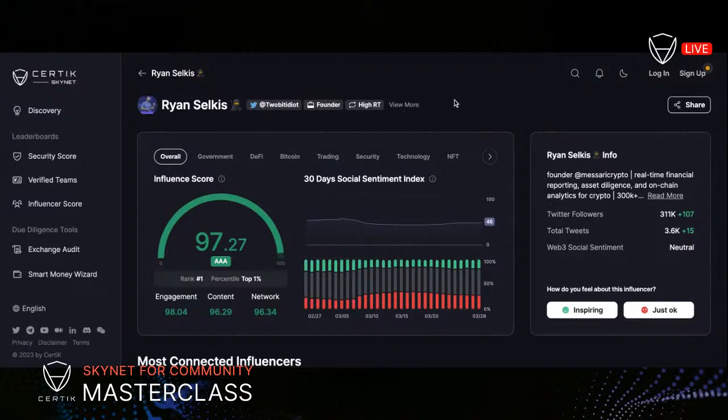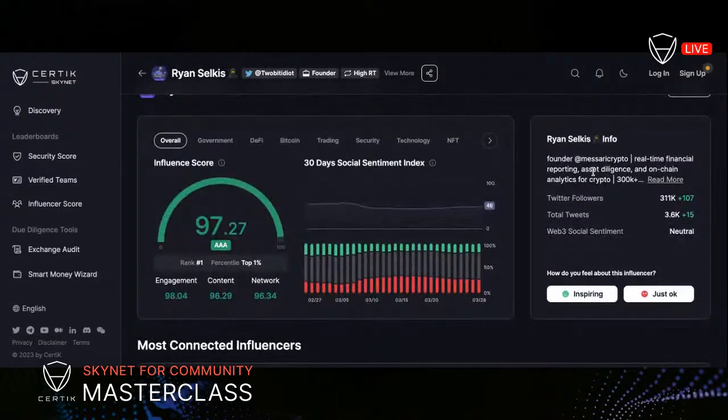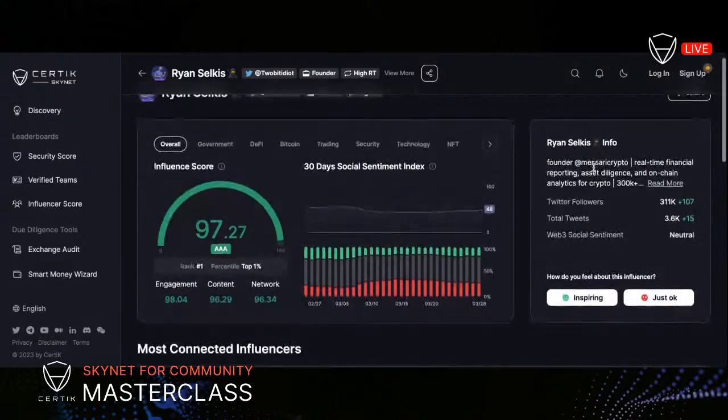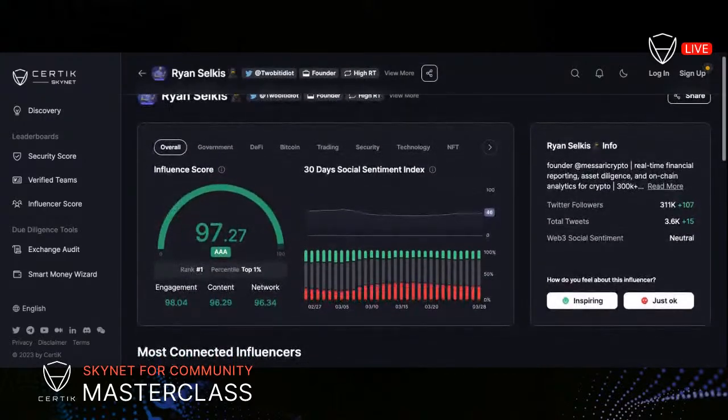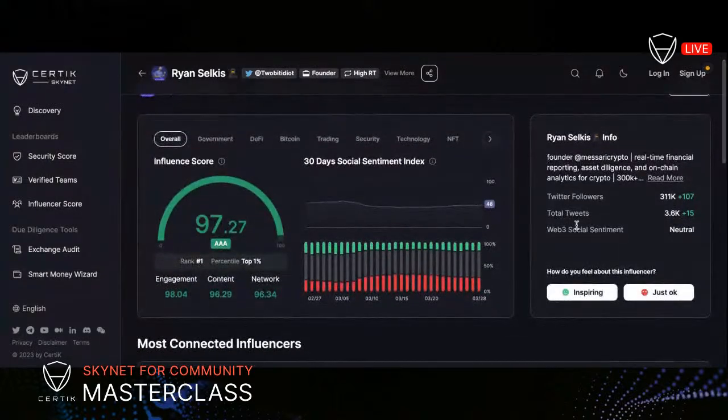And he's also a prolific tweeter himself, has a lot of threads and general information. Then on the right-hand side, right now our influencer leaderboard is exclusively focused on Twitter. It's probably going to expand to YouTube and a few other platforms in the future. So you can see at a glance Twitter insights for them, right? A little description of their Twitter bio, their number of followers, number of tweets, and their overall Web3